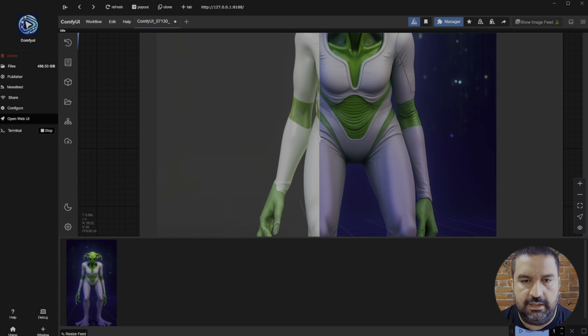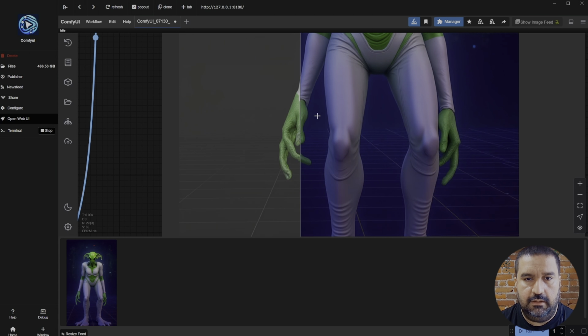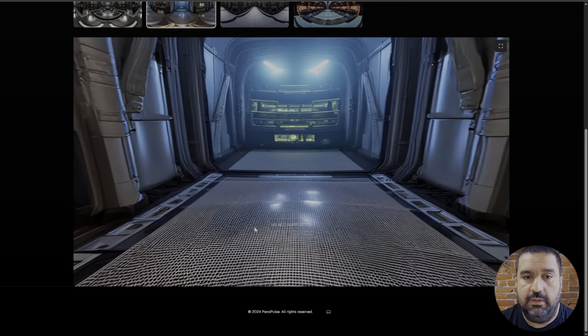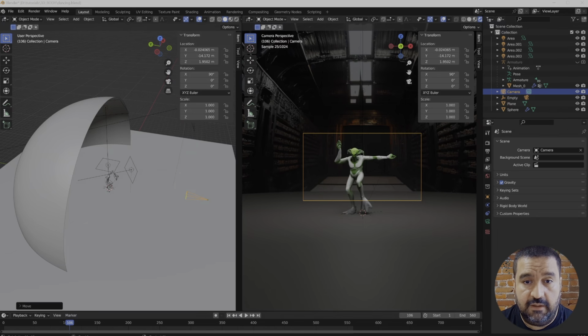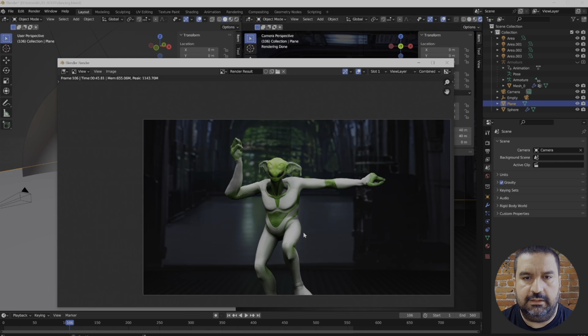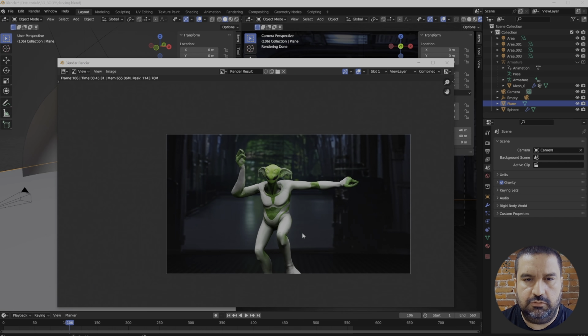With the trained model ready, it was time to move into 3D. One of the first things I did was create a 360 environment image to bring into Blender. That served as the backdrop for the entire scene. Next, I placed a floor with the right texture and started playing with camera depth of field to give it